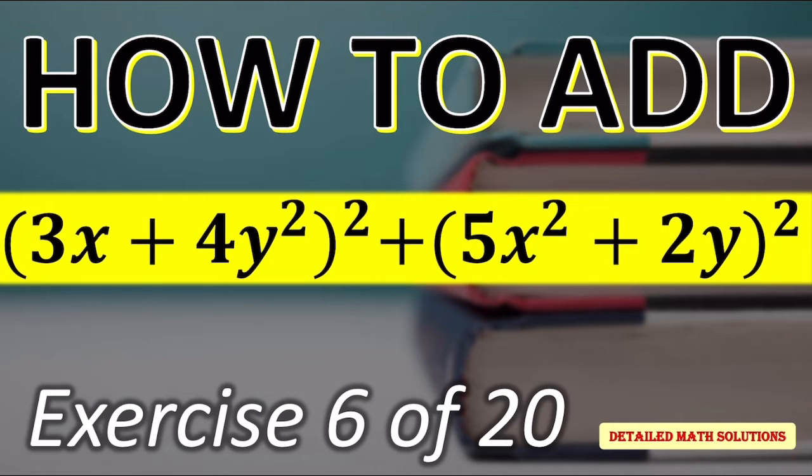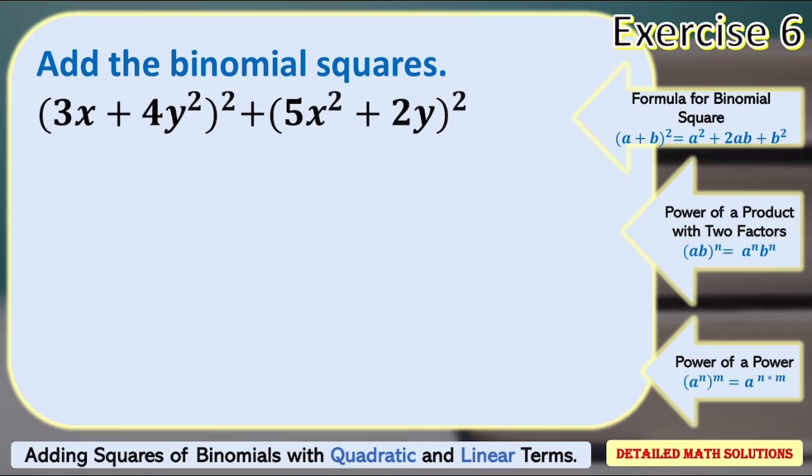In this video, I'm going to write and explain step by step how to add the squares of the binomials (3x + 4y)² and (5x² + 2y)². First, I'm going to expand each binomial by applying the formula for binomial square provided on the right-hand side of the screen. When I apply the formula, I get